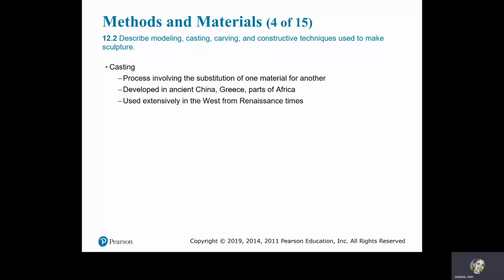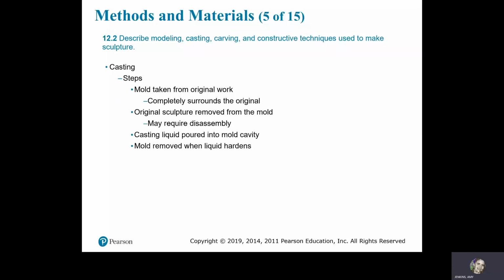Casting is a process involving the substitution of one material for another. It developed in ancient China, Greece, parts of Africa. It's used extensively in the West from Renaissance times. The steps for casting: a mold is taken from an original work. It completely surrounds the original. The original sculpture is removed from the mold. It may require disassembly. Casting liquid is poured into the mold cavity, and the mold is removed when the liquid